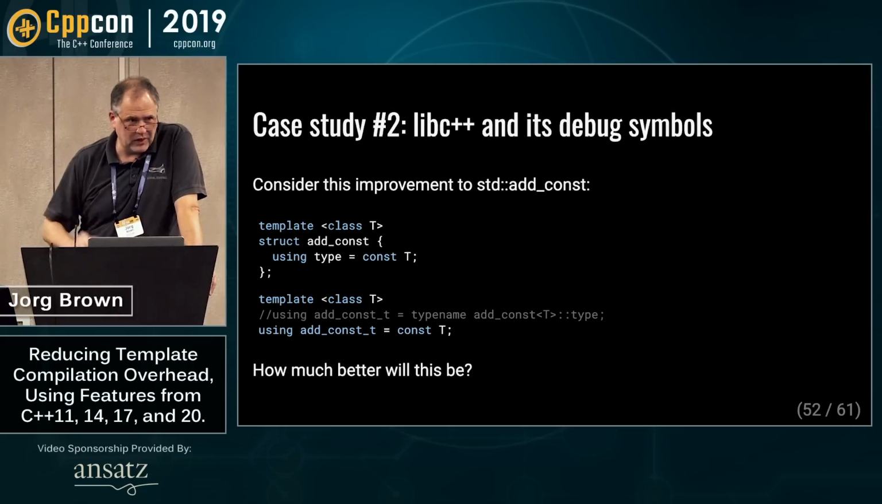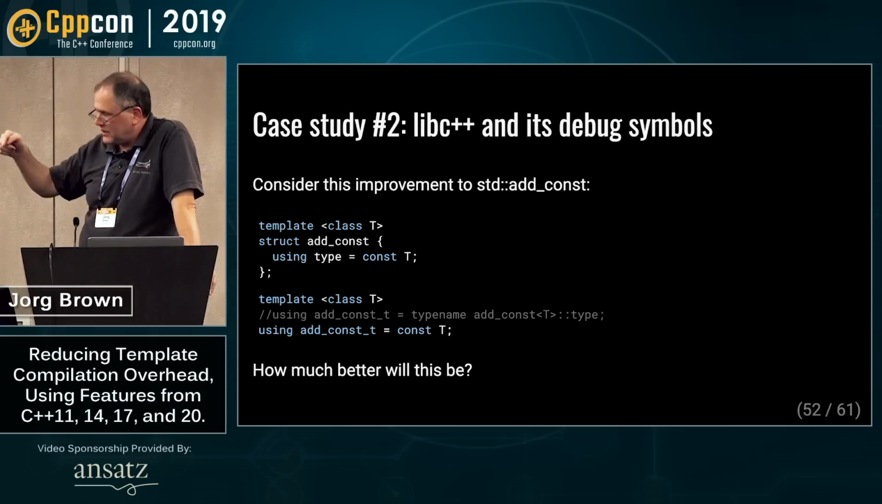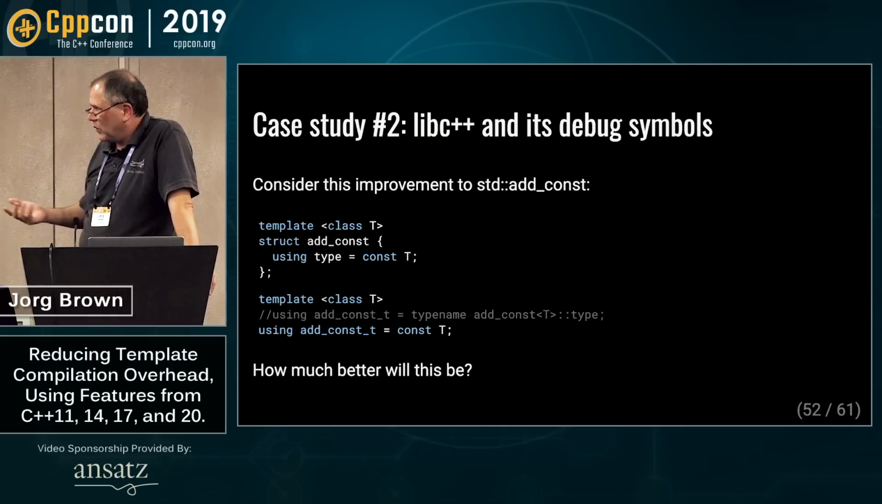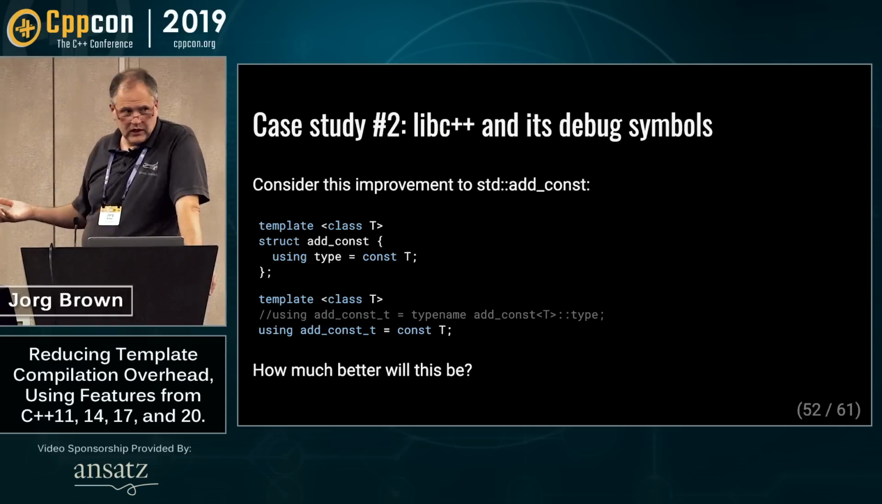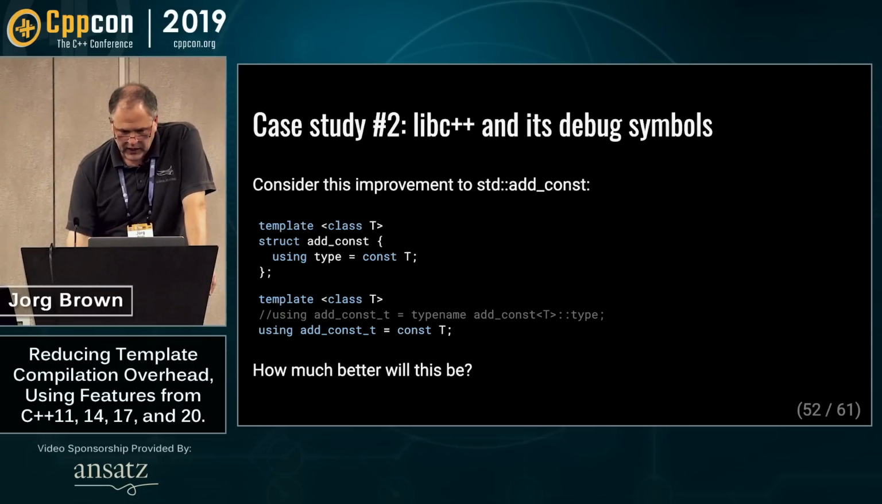However, it can still be improved because rather than having using add_const_t depend on instantiating the add_const struct once for each type, we could just make add_const_t be equal to const T, right? So I tried this out, picked a reasonable little binary, tried to build it, and